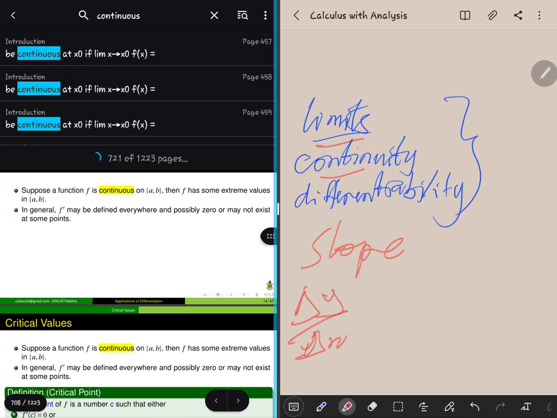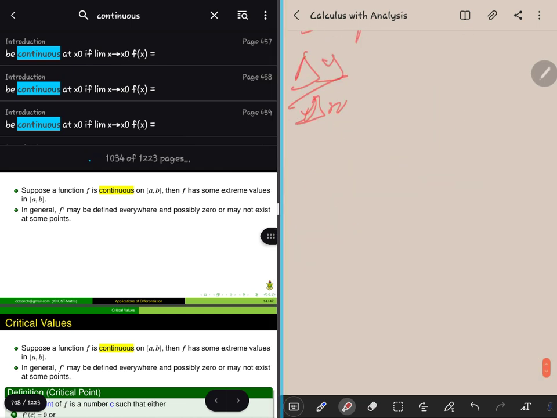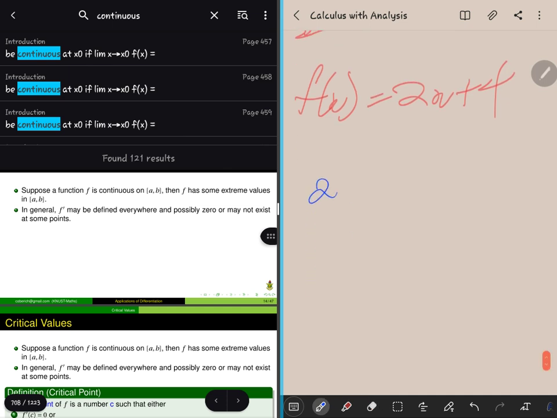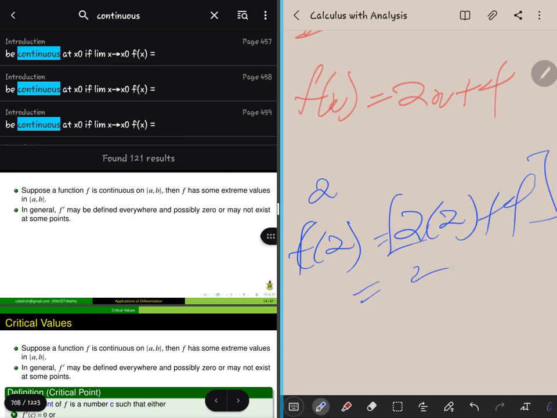The function is continuous at a point, right, if the limit as the function is approaching that point is the same as just putting the value into the function. So let's say the function is 2x plus 4, right? And we want to know whether the function is continuous at a point, let's say 2, right? If you want to check, it's the same as just putting the 2 into the function, which will be 2 times 2 plus 4. If this value exists, in this case we have 4 plus 4, which is 8, which exists,